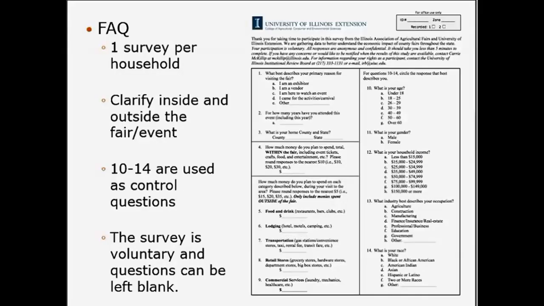And then we're also interested in how much money they spend at just local retail stores, including grocery stores, hardware stores, department stores, so Walmart, anything like that, or their local Schnucks. And then the last category is commercial services, and this would be things such as laundry, mechanics, or hospitals, clinics, something like that. And so those are our 5 categories that are really important that you understand the difference of.